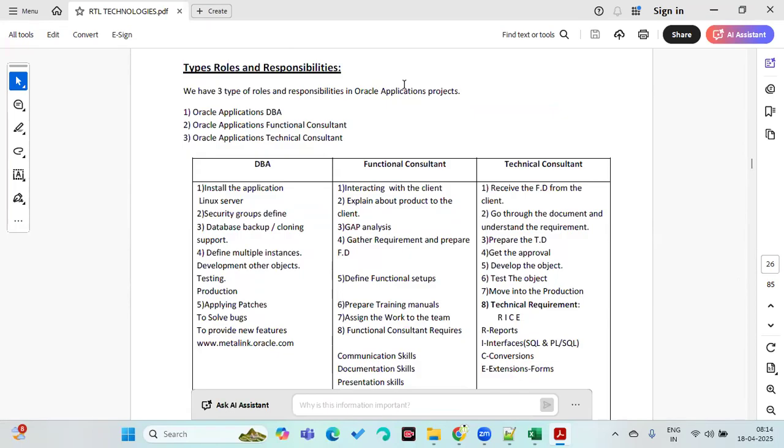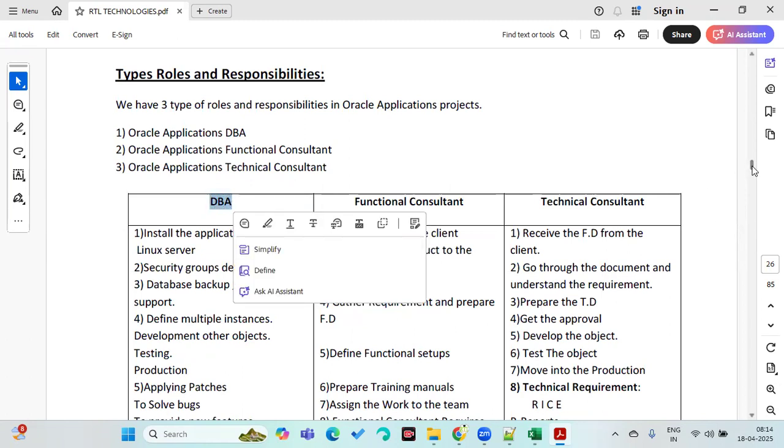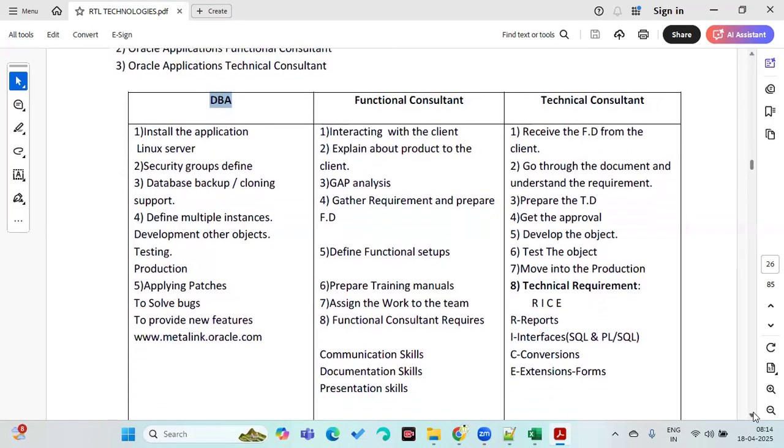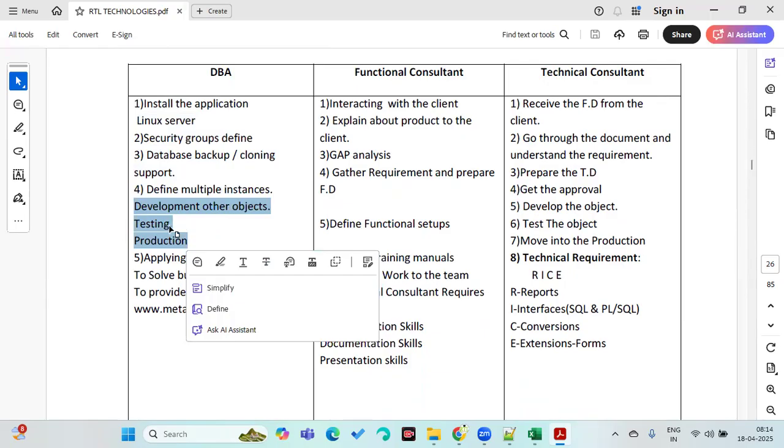So there are three different types of roles in Oracle applications projects. One is the DBA role, another one is technical, another one is functional. DBA is the first person who is going to start the project. He will install the software, maintain security, maintain the database, backup, cloning, support, migrations, and define multiple instances. In projects we see development instance, testing instance, and production, different instances,